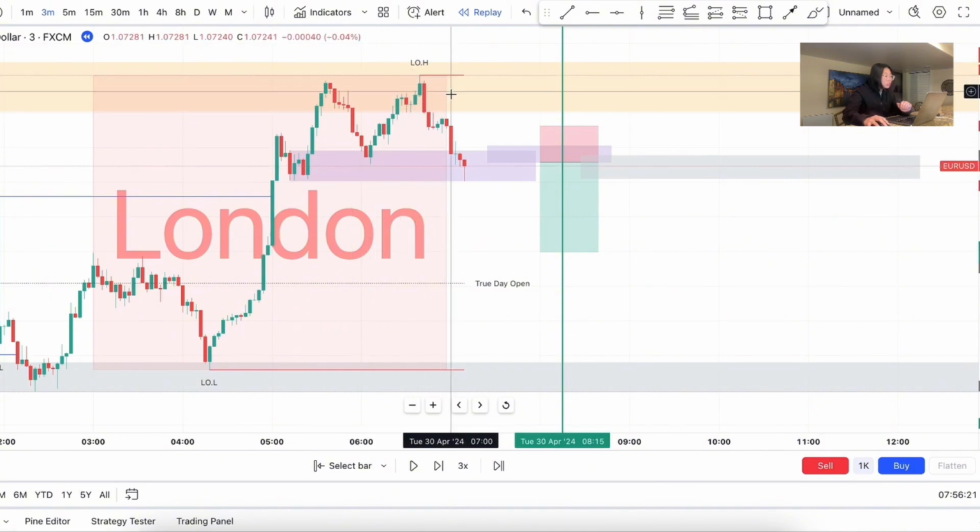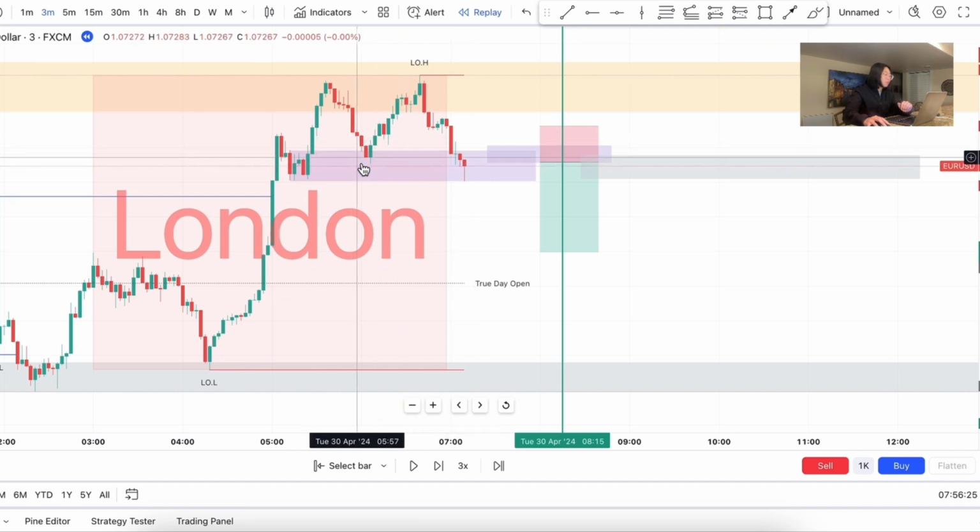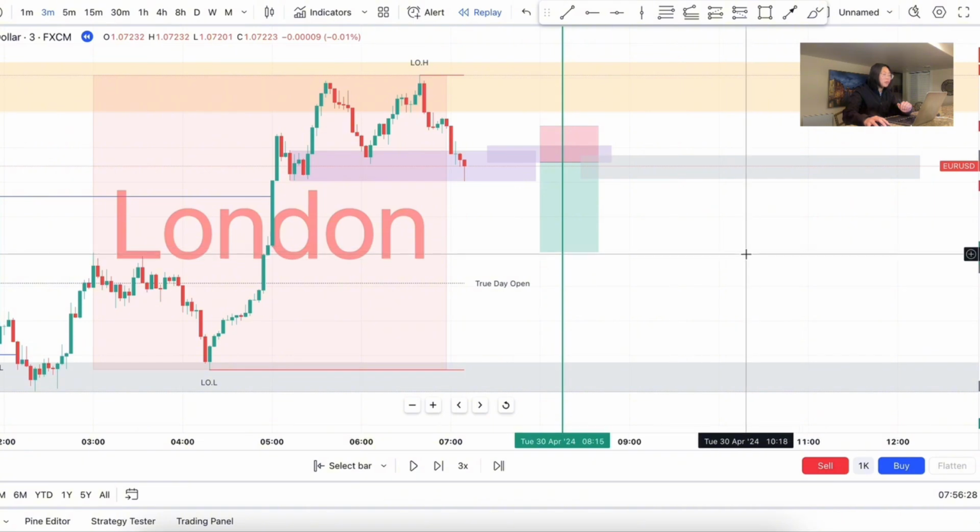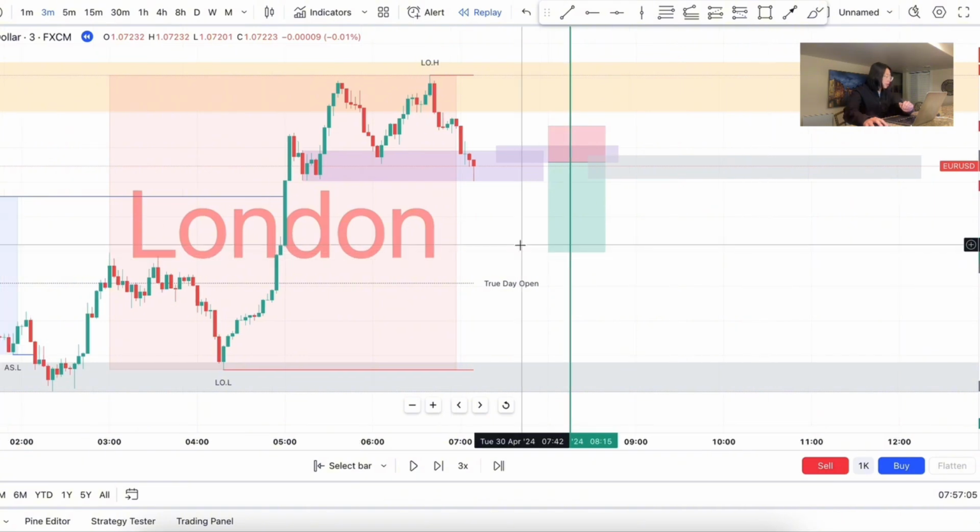Because this zone gave a reaction, I'm considering it valid for a flip, because I only look at zones on the 3-minute that showed some kind of reaction. So for me, flip zones are only valid if they have some kind of reaction. Now I'm waiting to see if price breaks past this demand zone. And if we play price forward,